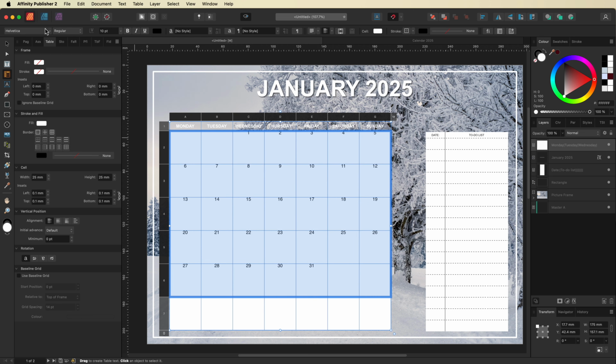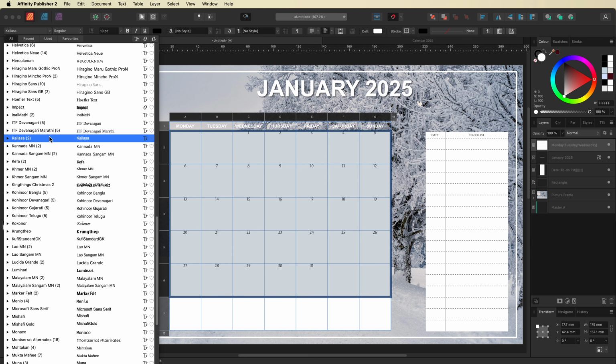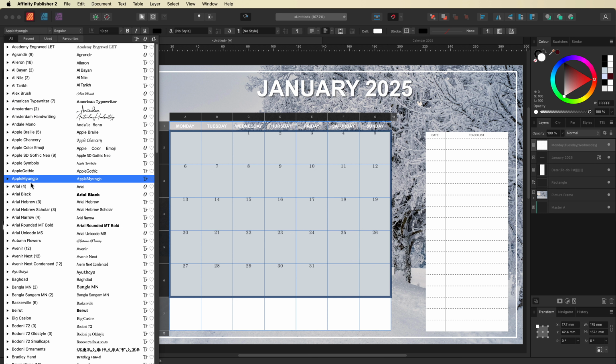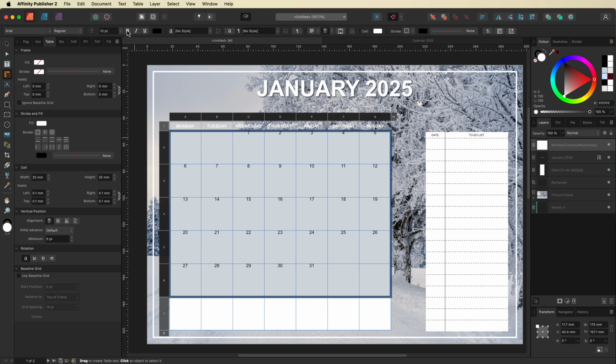And you can also come up here and change your font as well if there's something else that you would prefer to use. I'll just keep this really simple and just maybe go for Arial. And you can choose whether you want that bold, etc. So what else I want to do with these numbers is I want to align them a little bit better. So we'll go to our alignment options over here, and I'm going to choose to justify that to the right